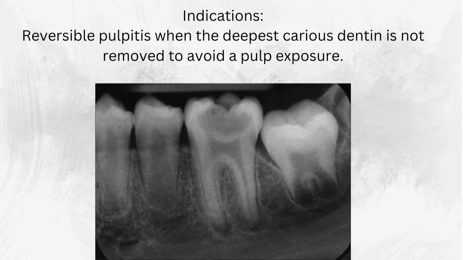So the simple indication for indirect pulp capping, we have a deep carious lesion that is close enough to the pulp, but when you remove the caries during the operative treatment, there's no pulp exposure. So once there is no pulp exposure and the caries are close to the pulp, then the treatment will be indirect pulp capping. So the steps are similar to the direct pulp capping, but instead of placing the material